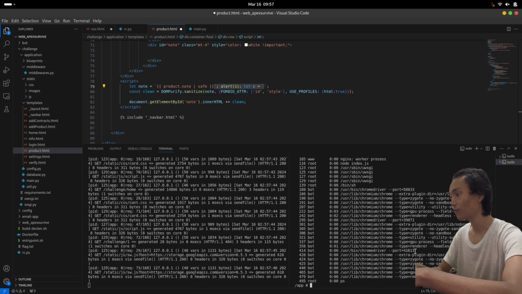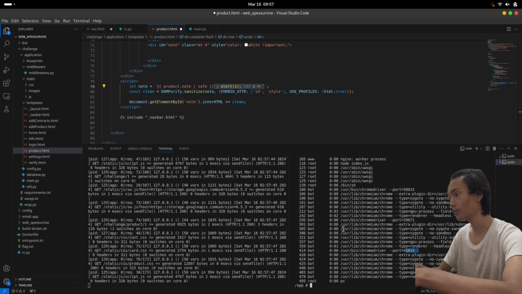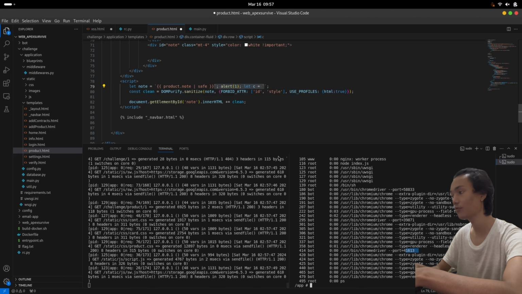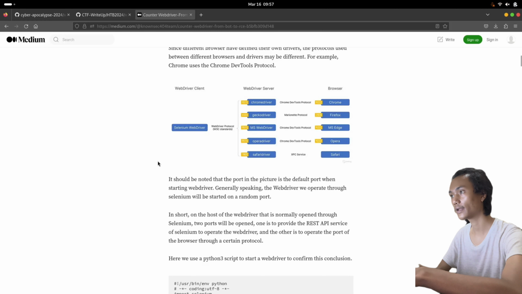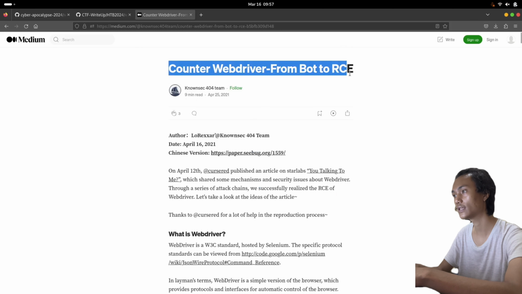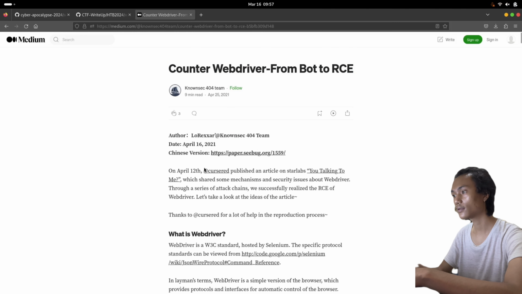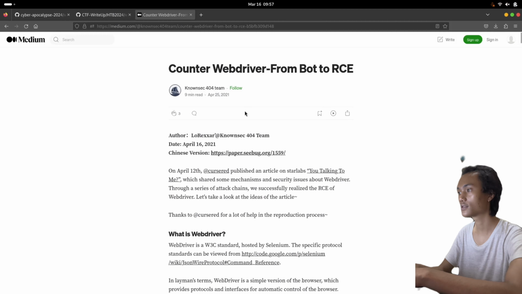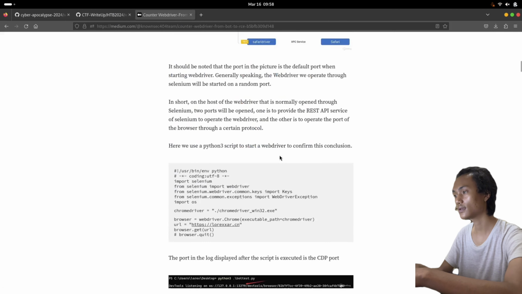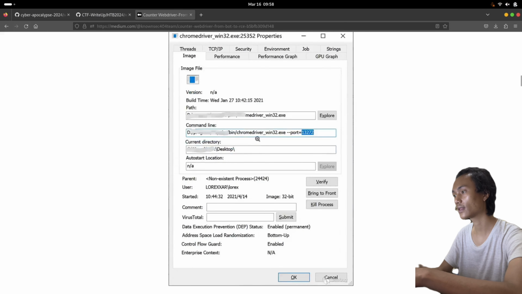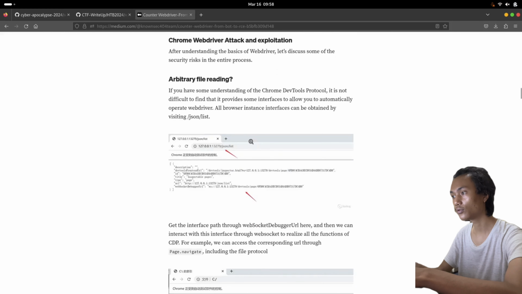We can brute force this port by using a while loop. Okay, to gain RCE, you can refer to this write-up from the NonSec 404 team, which is the write-up that I read to get RCE on the Chrome driver API REST.